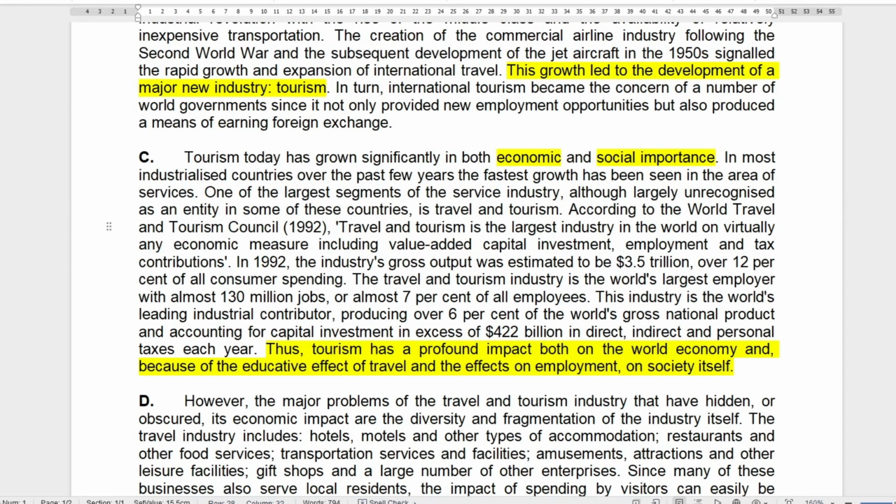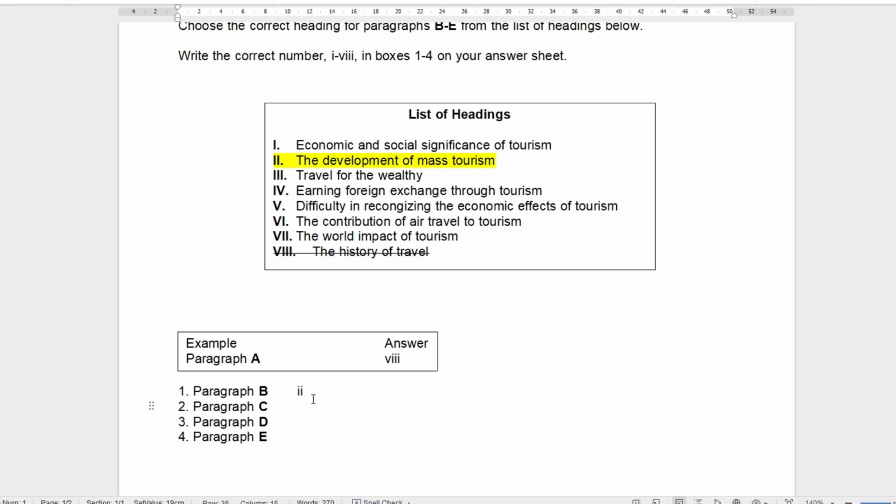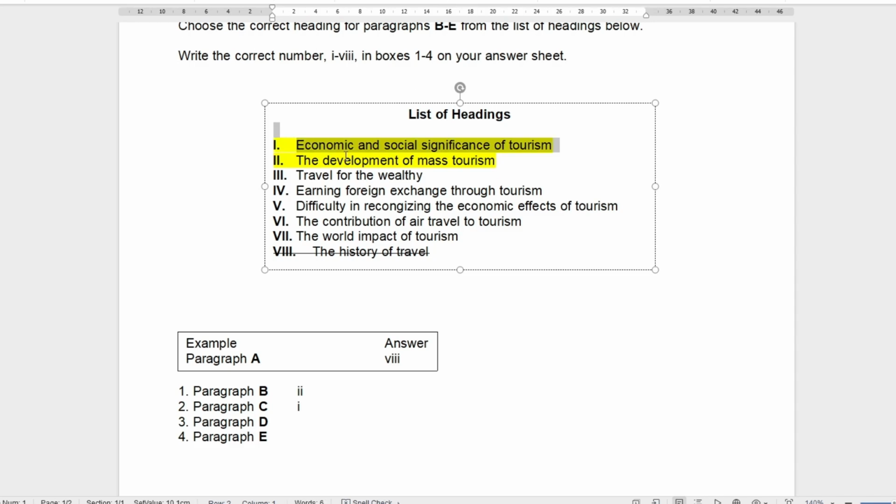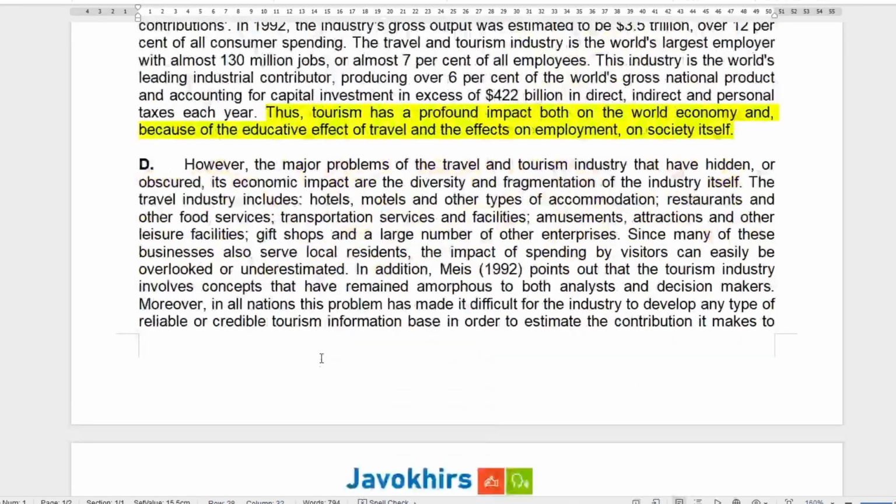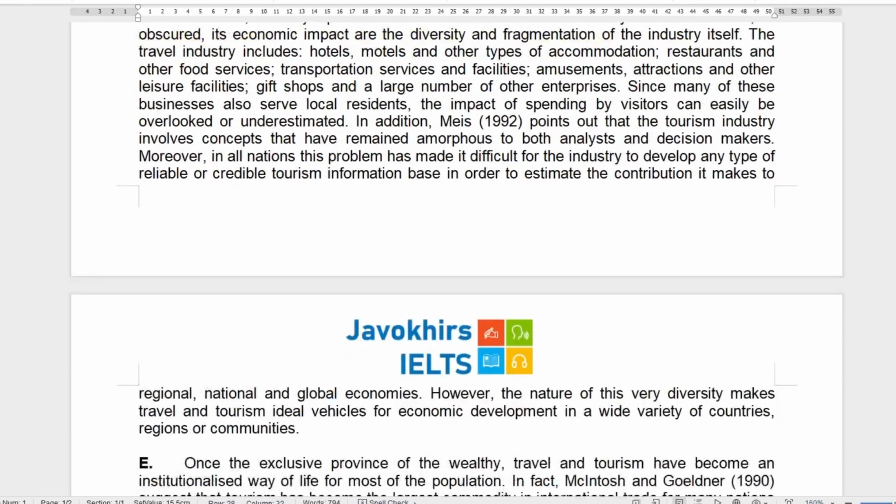So there we go. We have the main paragraph over here. So 100%, the answer is going to be number 1. So we're going to remove that as well. So we took that. There we go. So D, followed with the D.